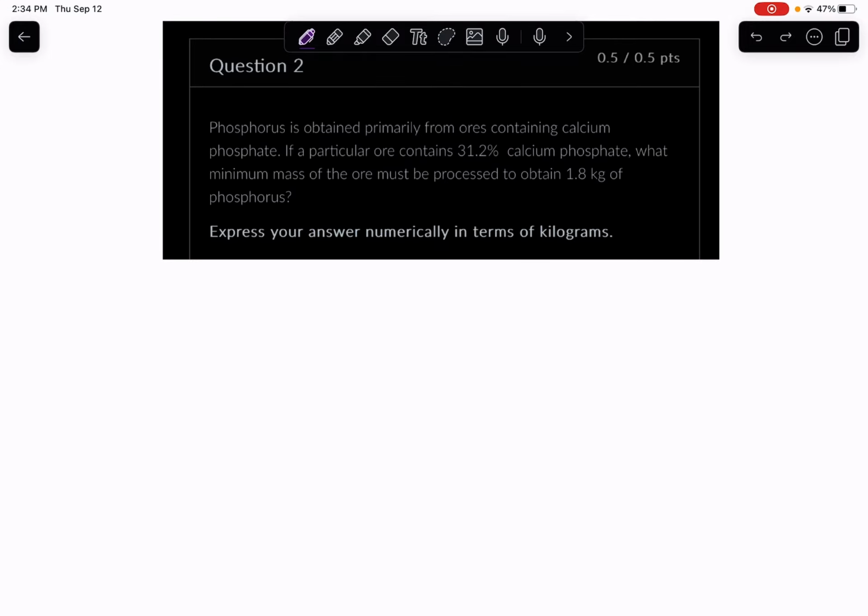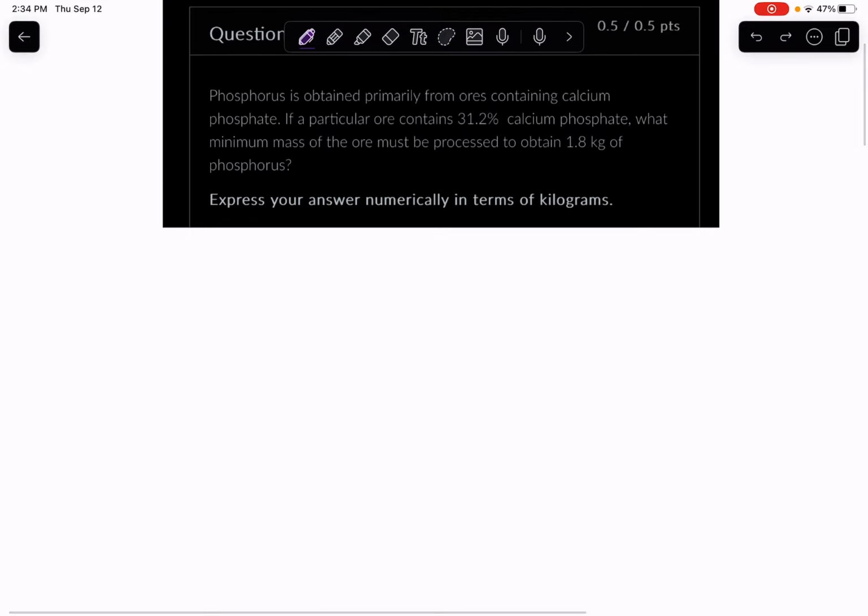So for this question, it asks, phosphorus is obtained primarily from ores containing calcium phosphate. If a particular ore contains 31.2% calcium phosphate, what minimum mass of the ore must be processed to obtain 1.8 kilograms of phosphorus? So with this question it says that a particular ore contains 31.2%